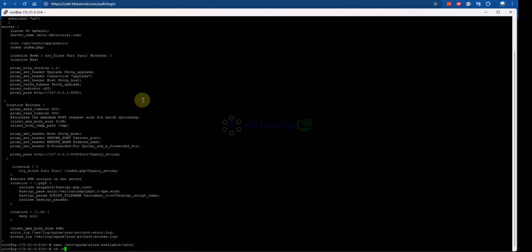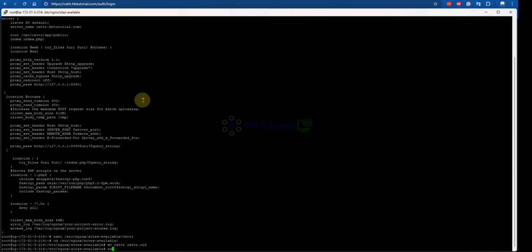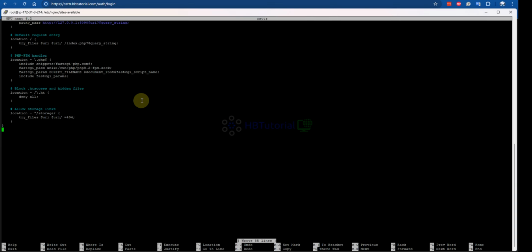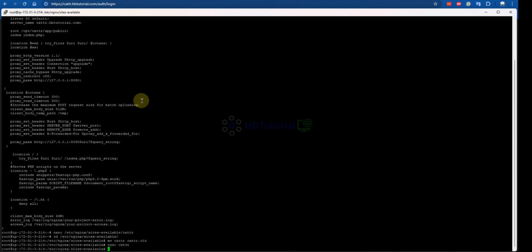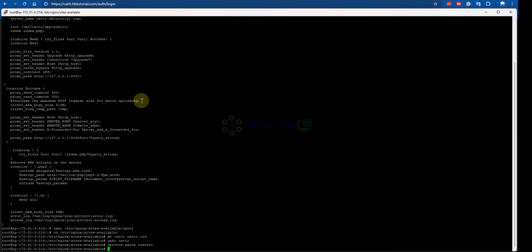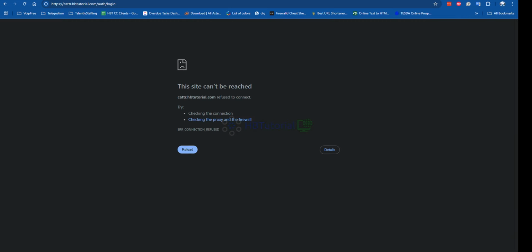Okay, so I'm going to replace my old site config. So this will be the settings, and then service restart, status. Then if I refresh,